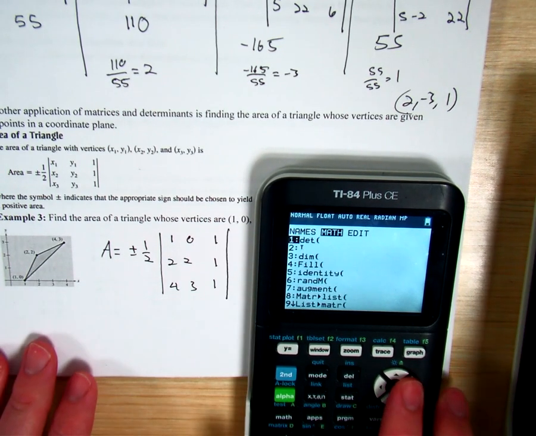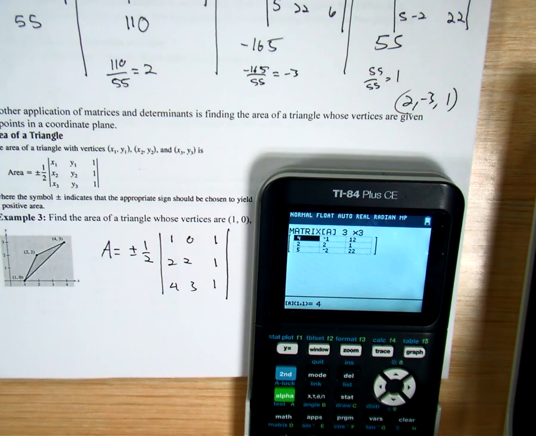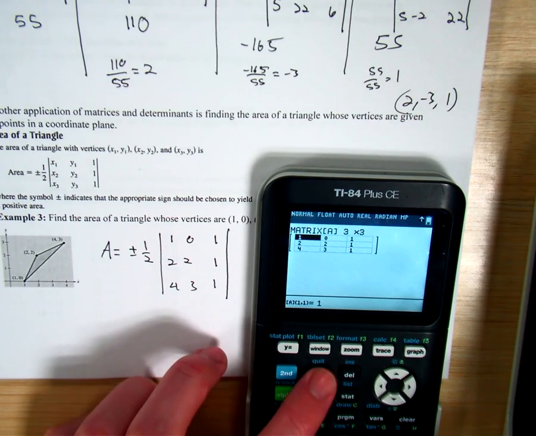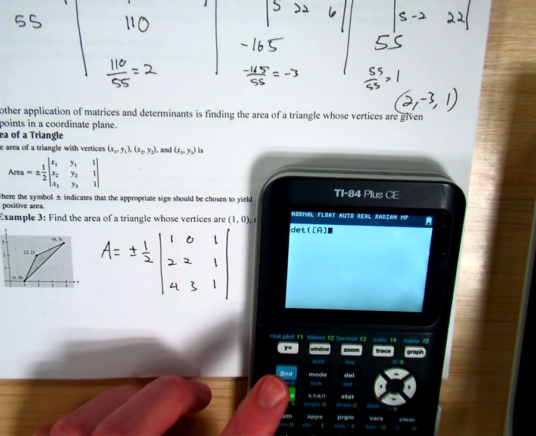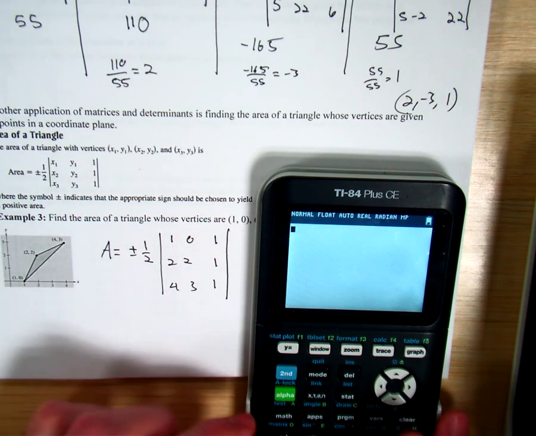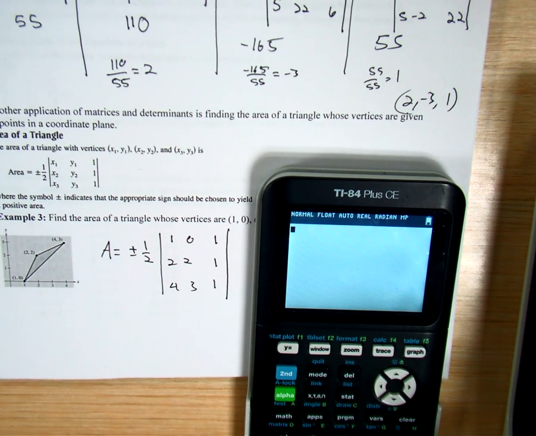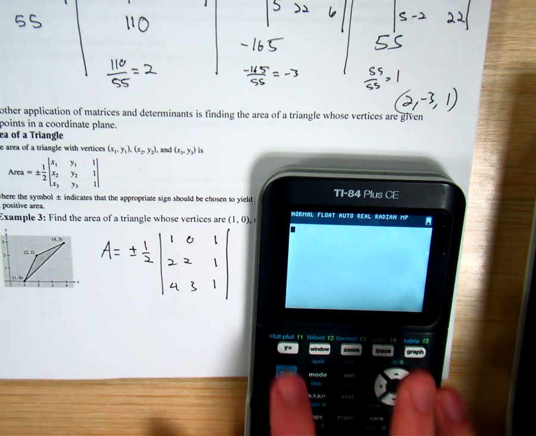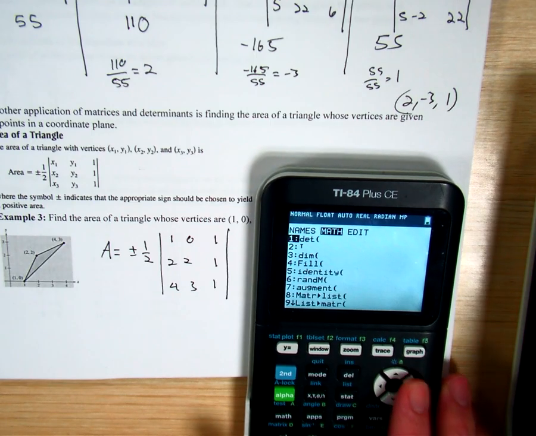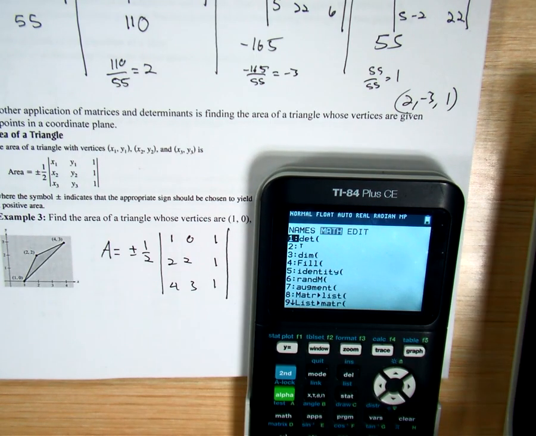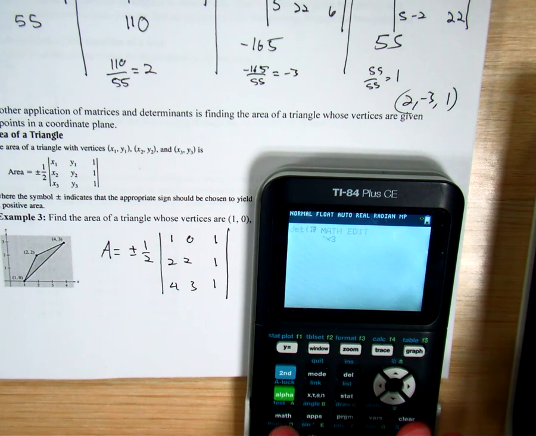Second matrix, edit. 3 by 3. 1, 0, 1. 2, 2, 1. 4, 3, 1. Second quit. Still second enter is going to bring up determinant of A, but let's say you were doing some other math. Okay, second matrix, math, determinant, second matrix, A,